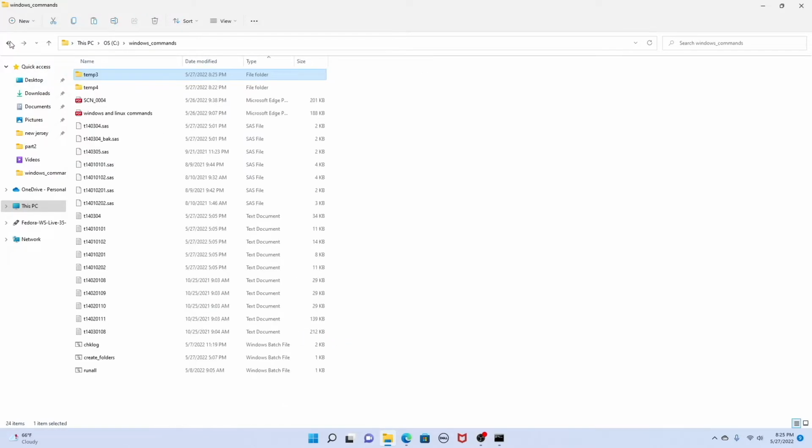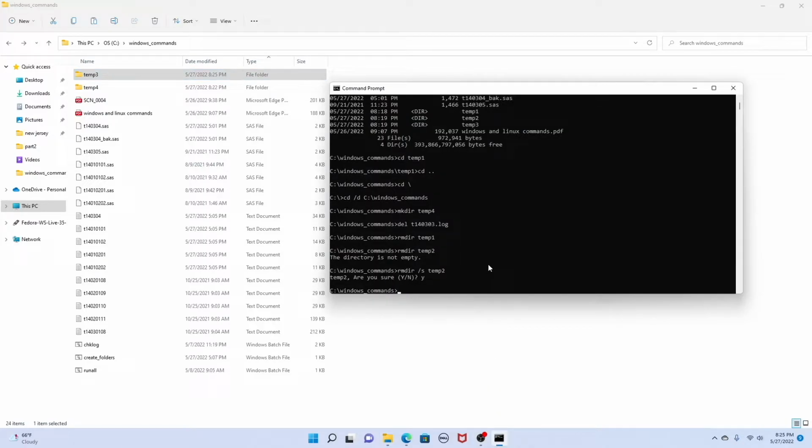Okay, now suppose you want to search for this file. You know, in a clinical study, you may have many SAS programs, so sometimes it's useful to use a command to locate the SAS program. So it should be dir